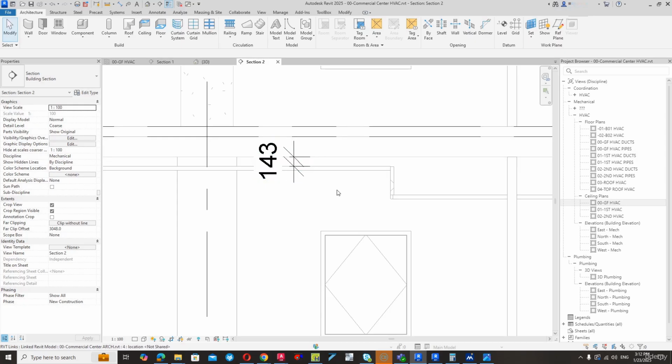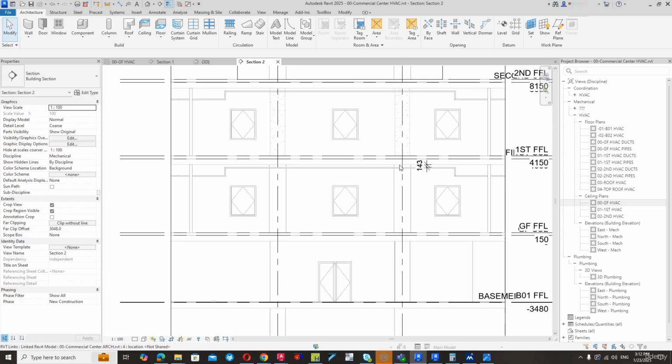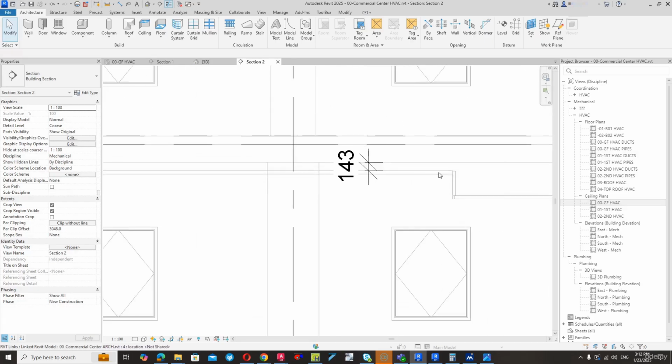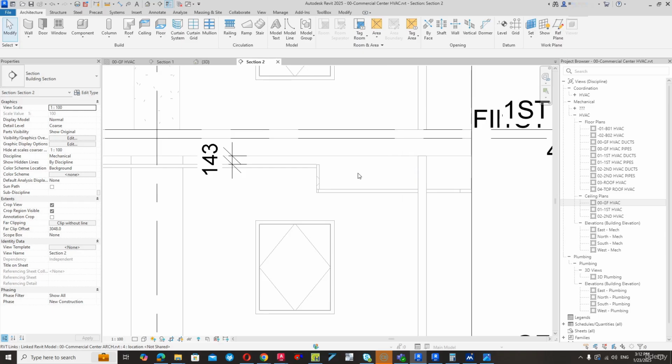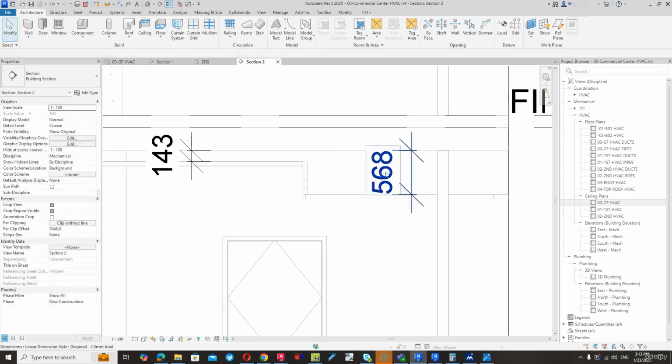and it's not enough to place AC equipment over here because the AC equipment height usually between 250 to 350, so no place to put the AC equipment in this space. So we are going to place it in this space. As you can see, we have 568, so we will place the equipment over here